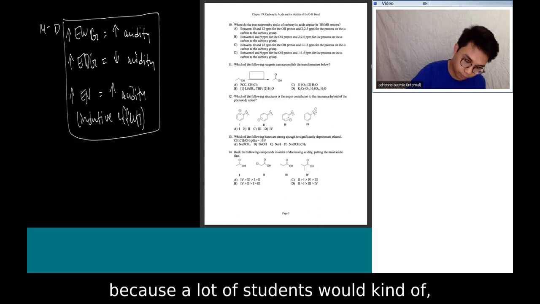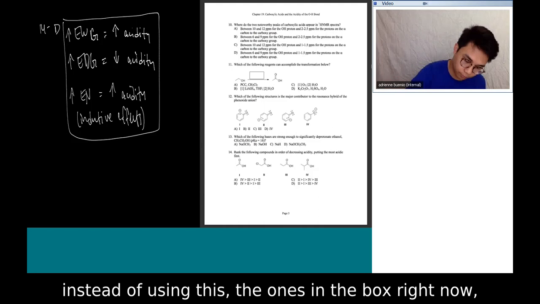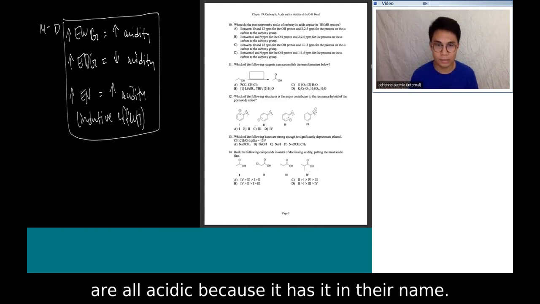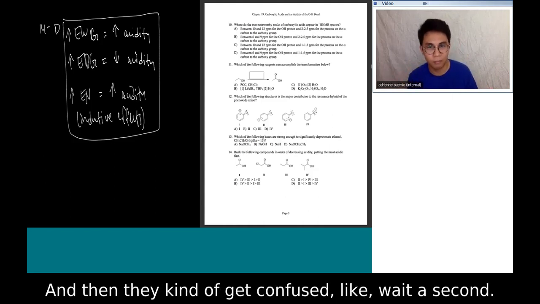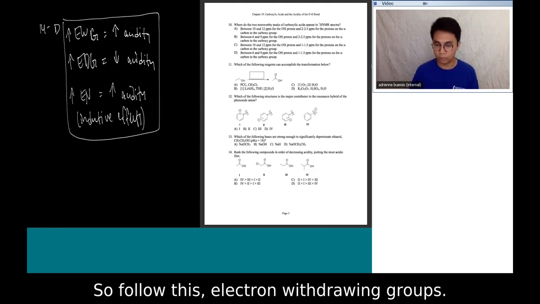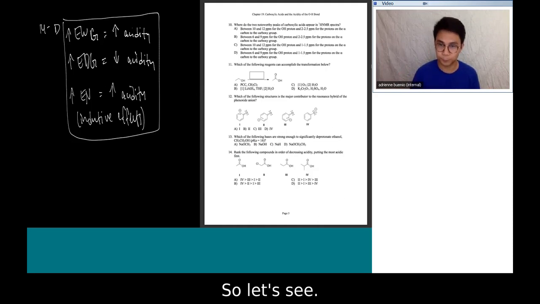students, instead of using the ones in the box right now, will think something like, oh, carboxylic acids are all acidic because it has it in their name, and then they get confused, like, wait a second, what's going on. So follow this: electron withdrawing groups, and we know, let's see, 4 has, actually,